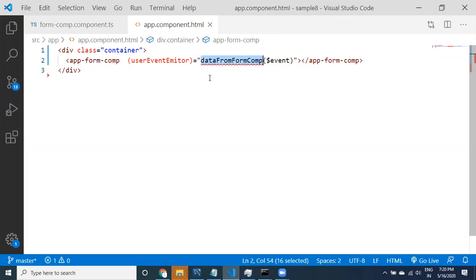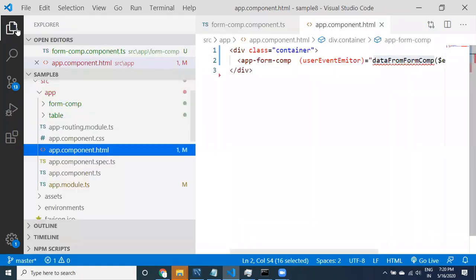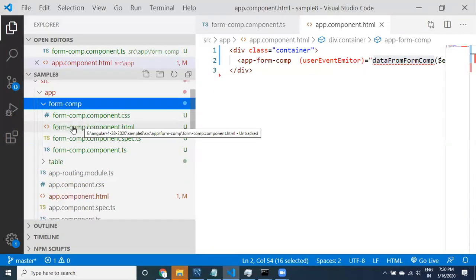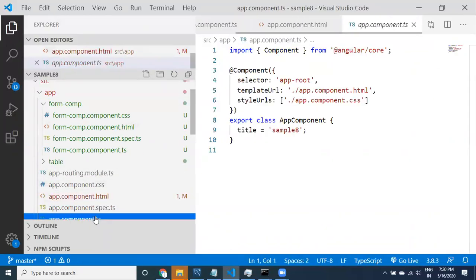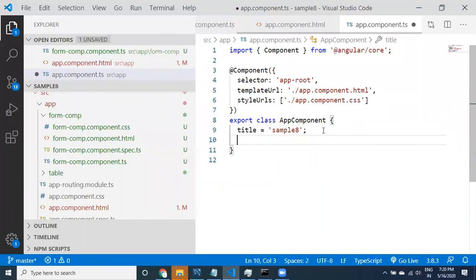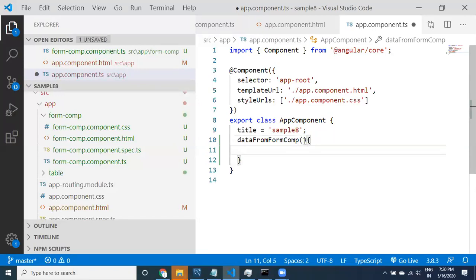Let us go to the app component class now. I copied the method name that I have provided. Where is it? App component class. You can go to app, not CSS. I'm really sorry. App component class. Yeah, this is the one. Here I have to provide the method name. See, the data is coming, right? You may take event or person, whatever name you want, you can take it.